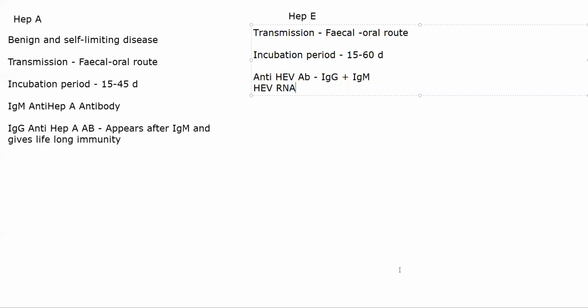HBV is kind of special because it causes a very severe type of illness. HBV, HCV, and HDV, all three of them are capable of causing chronic as well as acute infections. HDV technically will majorly cause only chronic, but HBV and HCV can both cause acute as well as chronic infections. So, coming to HBV, or hepatitis B virus, it has a pathogenic mechanism where hepatocellular damage is very, very severe. That is why it will enter into your chronic stage very easily.